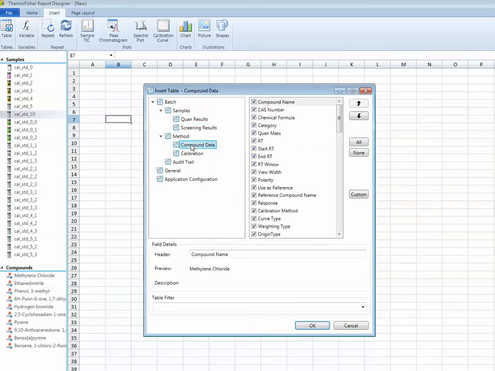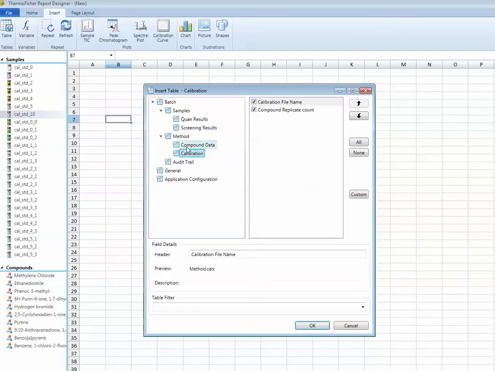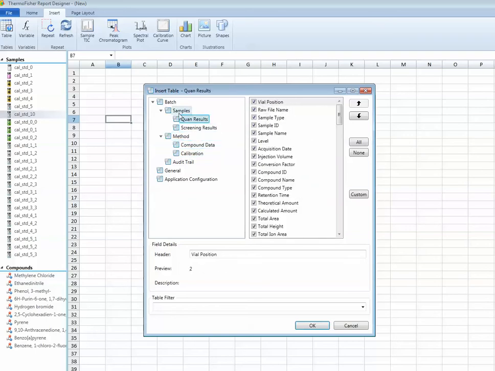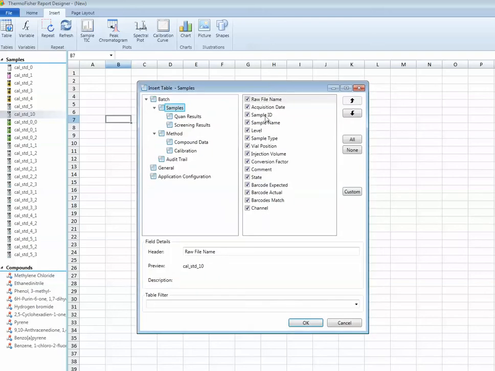It has an easy-to-use data browser, which has a hierarchical view of the data, which mirrors the fact that samples are contained by batch and quant results are contained underneath each sample. Say, for example, I wanted to show all the samples in my batch. I could select the samples table and choose